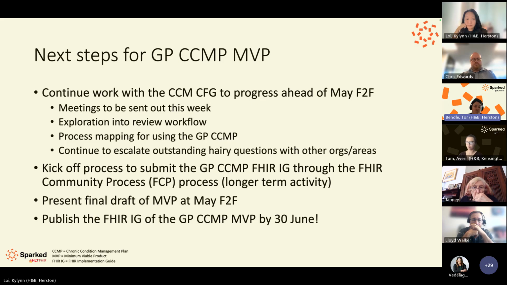We'll also be looking at the process mapping for actually using the GP chronic condition management plan in practice. And we'll be continuing to escalate any hairy questions or things that come up that we know need to be thought about in developing and using this MVP, but may not be addressed through this implementation. And then we will also be starting the process of submitting the FHIR implementation guide for the GP CCMP